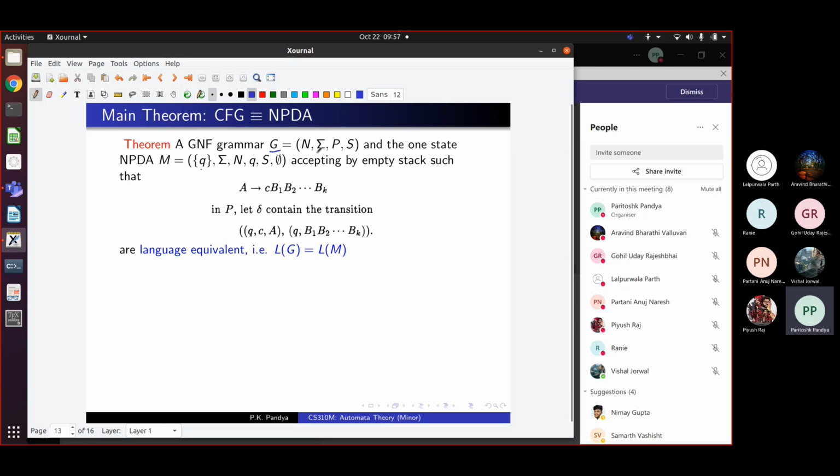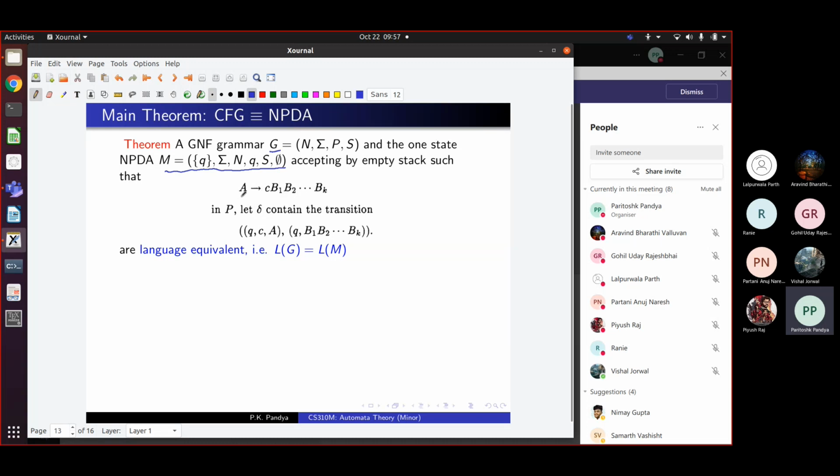So what we call non-terminals become the stack symbols of this push down automaton, and the start symbol of the grammar becomes the initial stack symbol, the bottom symbol. So the bottom is actually the symbol S. So in some sense there is a relationship between this grammar and this push down automaton. Are you able to see that if you are given a grammar like that, we can construct an automaton which looks like this? And the rules of the grammar and the transitions in the automaton should also match.